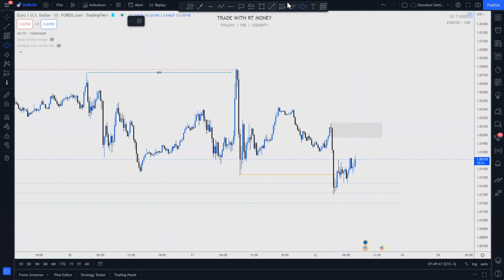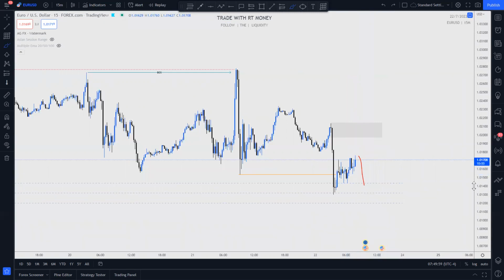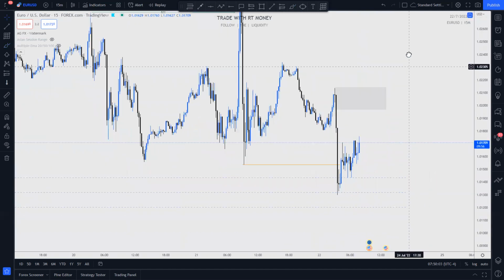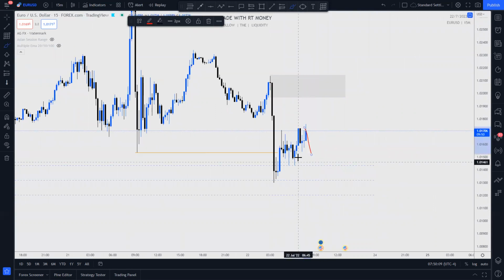If we see price pull back and respect this low, and we come back here, take out, sweep this low here. I'm getting into the minutia. Yes, I am. All right. If we see price start to pull back before it gets up here, I think there's an opportunity here. If price pulls back,